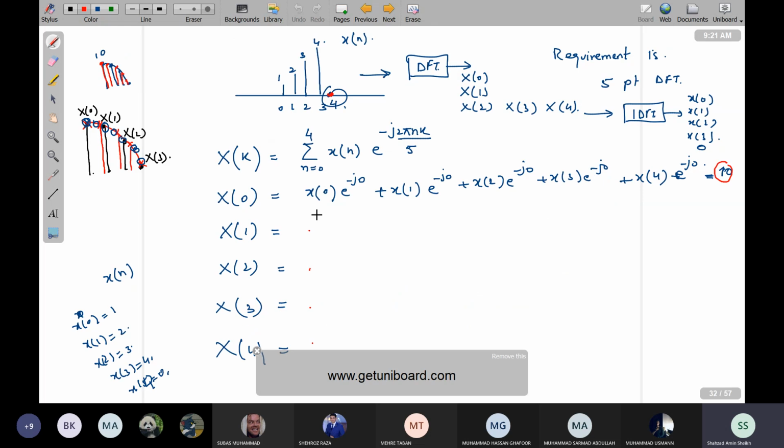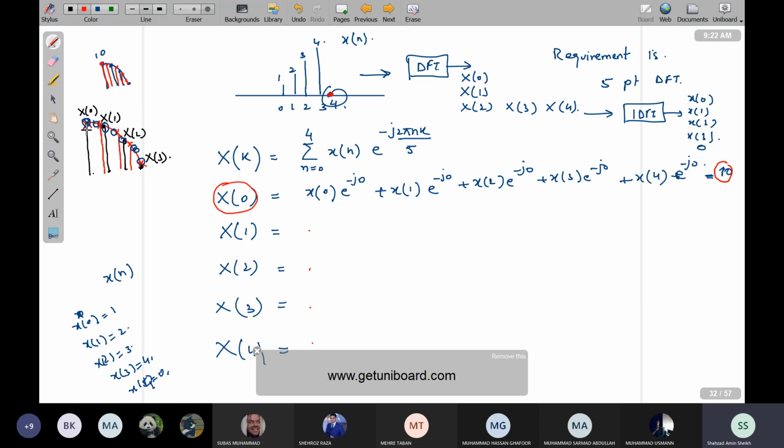What I will be doing, I will be introducing 996 zeros में add कर दूंगा. I will be passing this 1000 point sequence through this DFT block, and as a result of that I will be getting 1000 points in the DFT domain. But one thing to remember, that X of 0 will be again 10. That would not be changed. Yes, the other samples will be different, because they are coming closer and closer, so the values will be different, but X of 0, the start of that will be equal to 10, and that's why it is shown here that